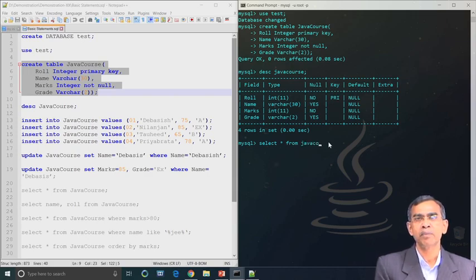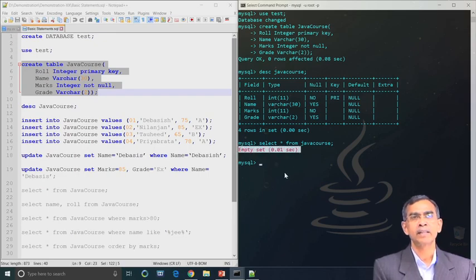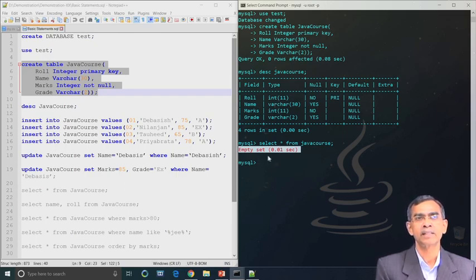Now, at the moment this Java course table does not have any data. So, if we use the command select star, this basically is the command to retrieve all the records that are stored in this table Java course. At the moment it gives an empty set, there are no elements there.